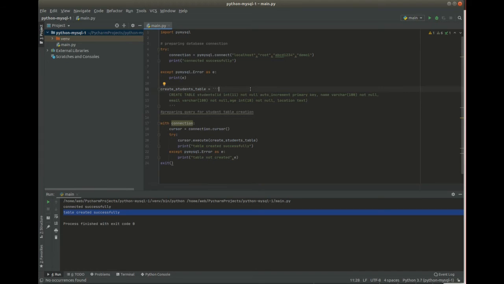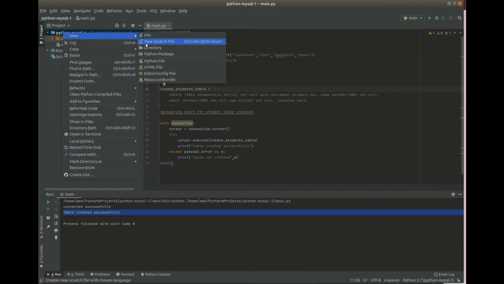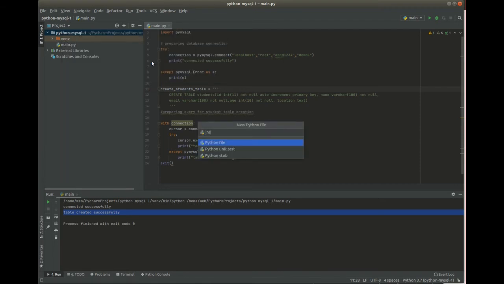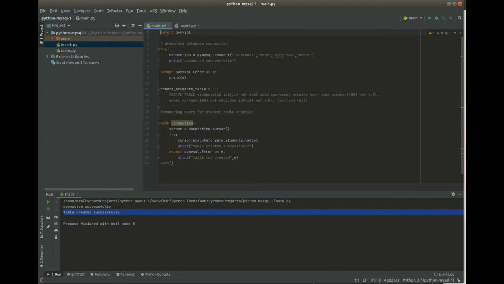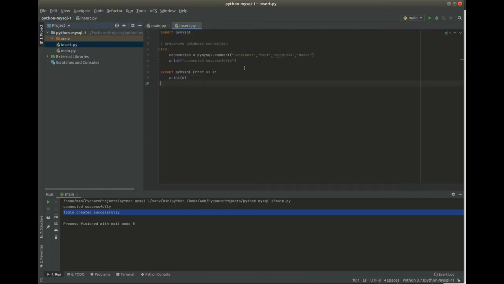So we're going to create another new file for just inserting data. You can go to Python MySQL 1 here and click new and say Python file. So it's going to be an insert file. So here we are going to copy this and import everything. Then we say hash insert records into students